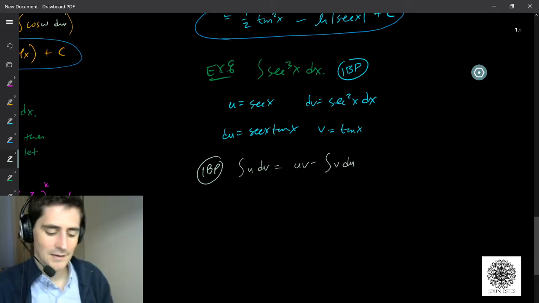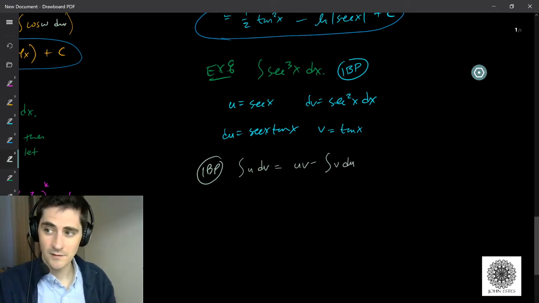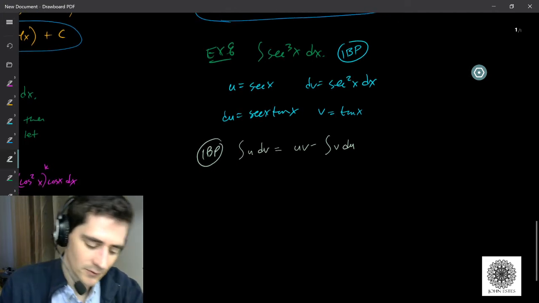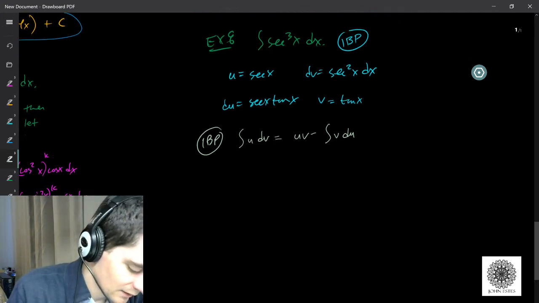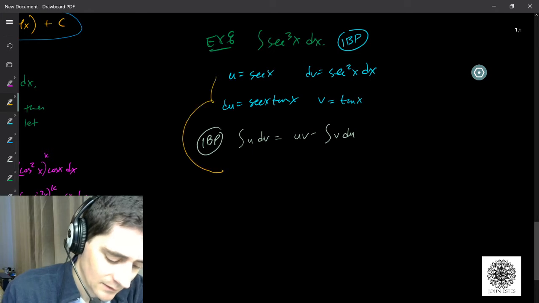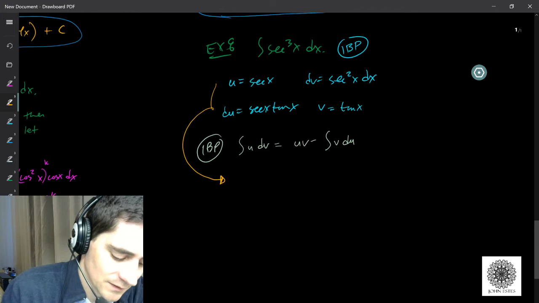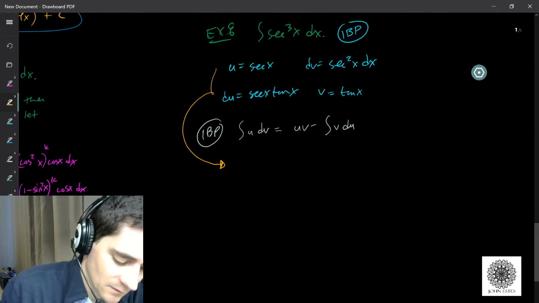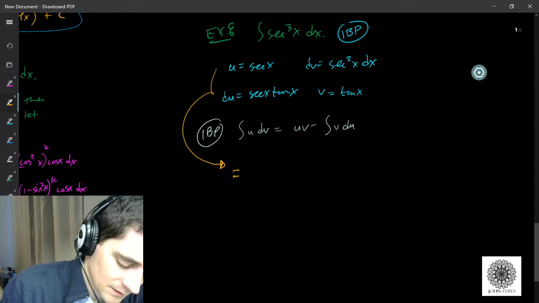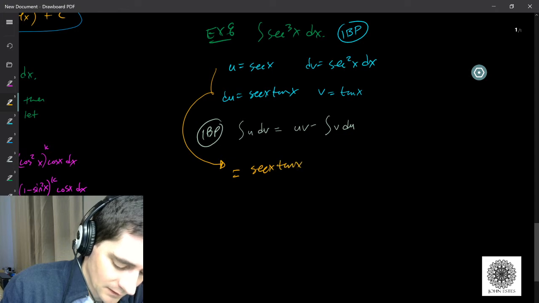Do you remember how we got that? Through product rule, right? This is the integration version of product rule. And so now if I plug in what we just had to get this integral, we have the integral of u dv, which is secant cubed x dx, equals uv, secant x tangent x, minus the integral of v, which is tangent x, times du,